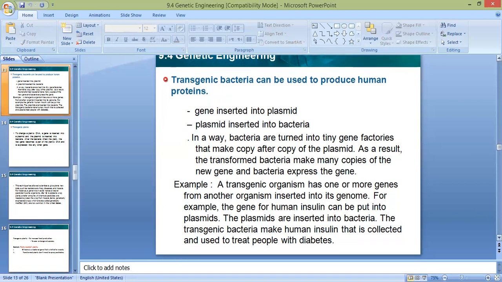Once again, this is very important in making insulin. They take the human gene, put it on the plasmid of the bacteria, and insert it again into the bacteria. Now the bacteria have a new gene to be expressed, which is making insulin. The bacteria express this gene and make more insulin. Then they can collect this insulin from the bacteria and sell it, and diabetic patients use it